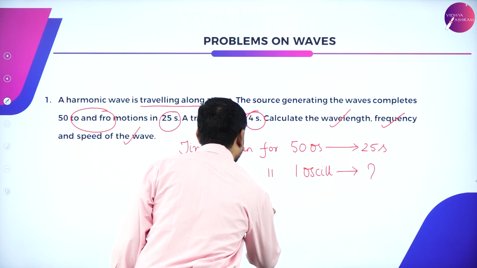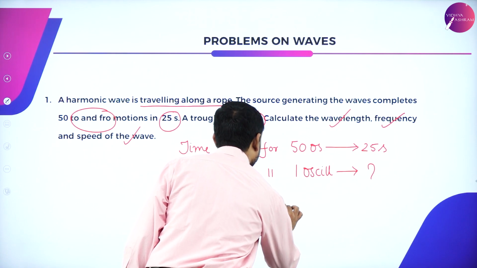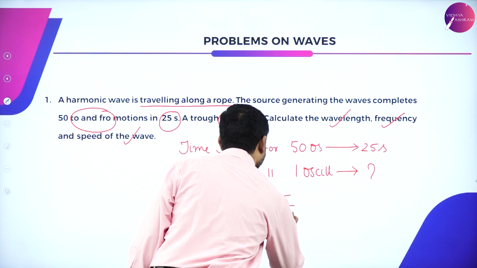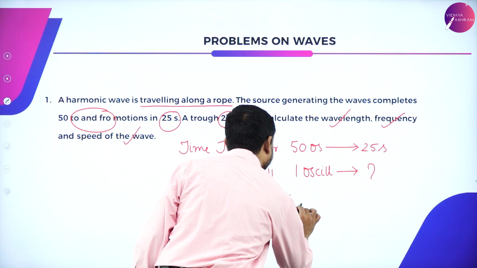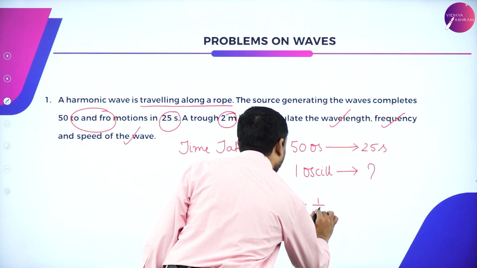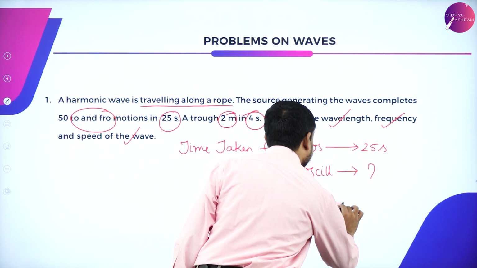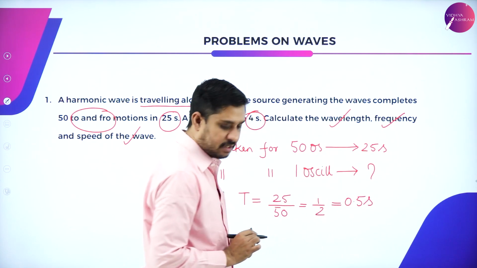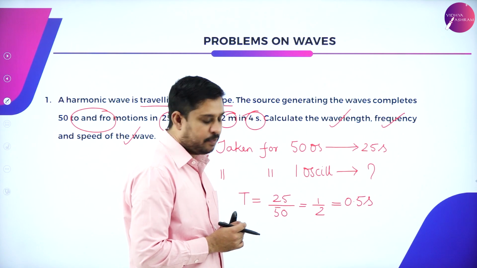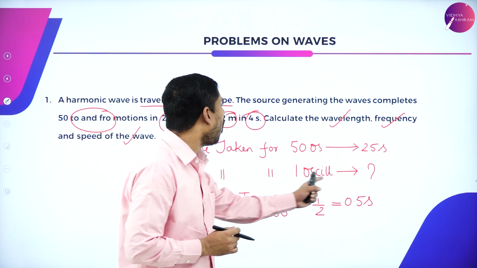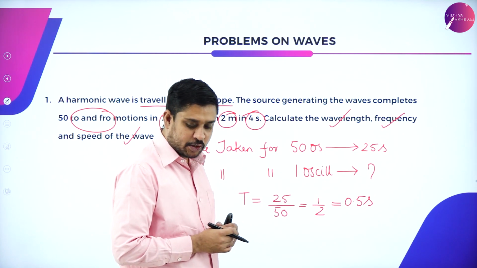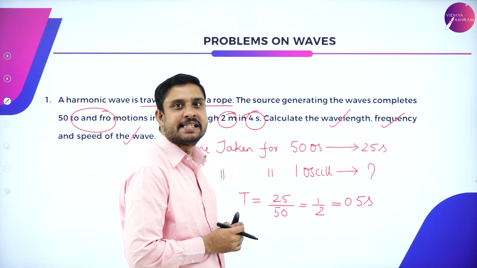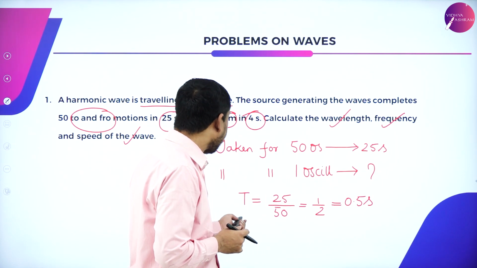So T equals 25 by 50, half, which is 0.5 seconds. So time taken for one oscillation is 0.5 seconds, which means therefore